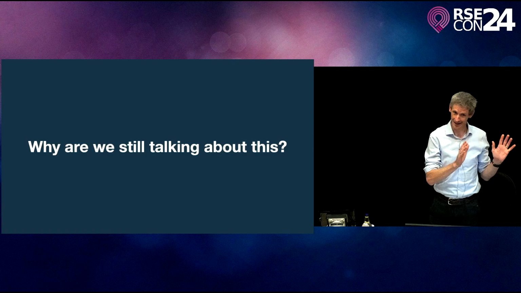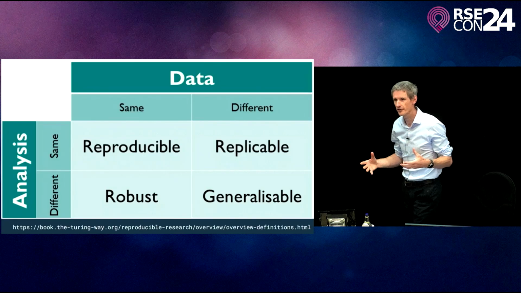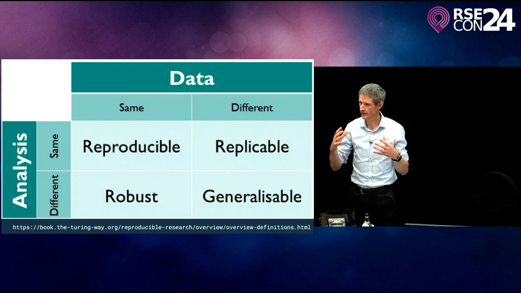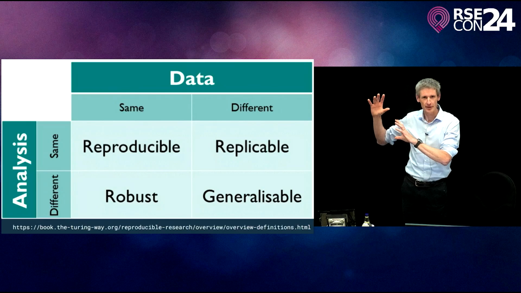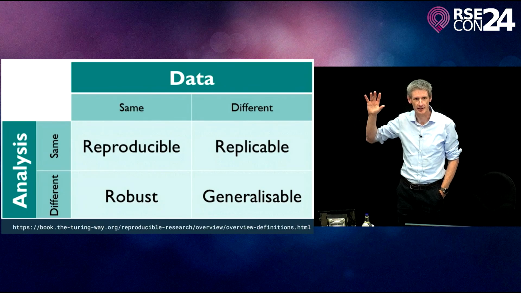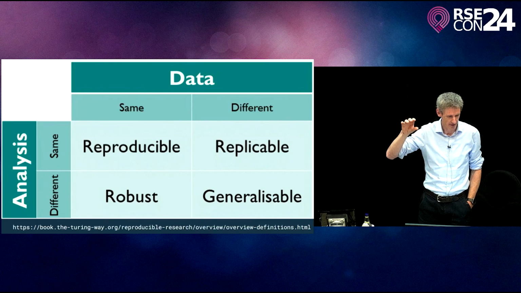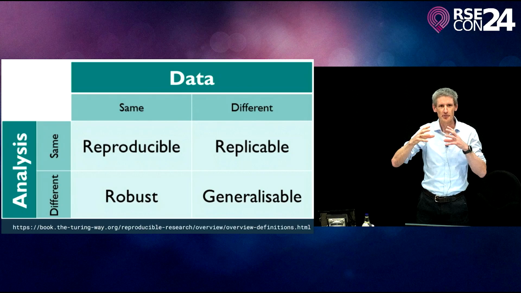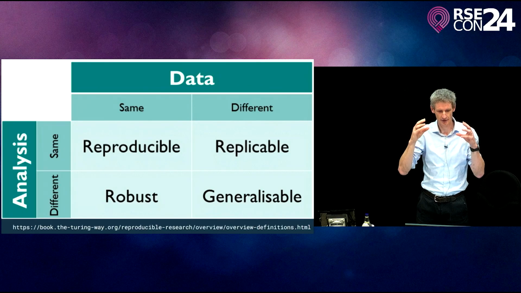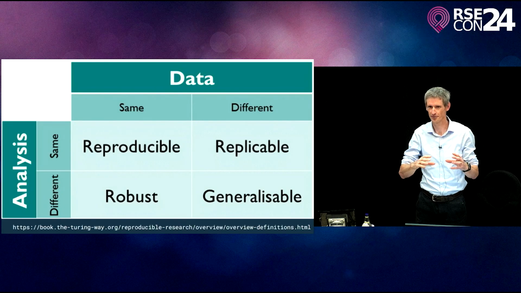But ignoring that social side, which is always dangerous, I think one of the reasons is people talk about different things when they talk about reproducibility. I like this treatment out of the Turing book to think about the different ways things can be reproducible, right? So this breaks it down into whether or not you've got the same data or the same analysis. And reproducibility in a narrower sense is if you run the same analysis on the same data, you get the same answer. Seems pretty trivial, right?